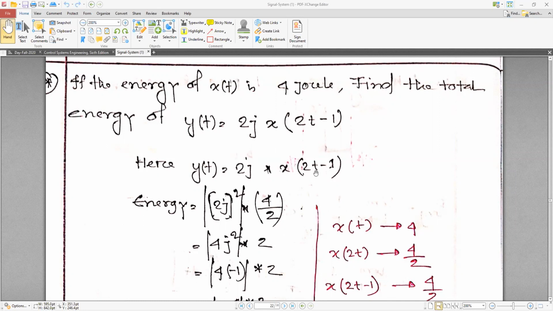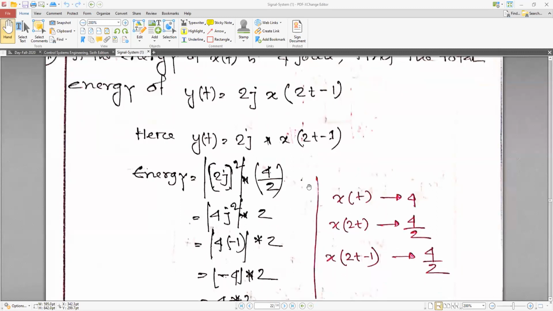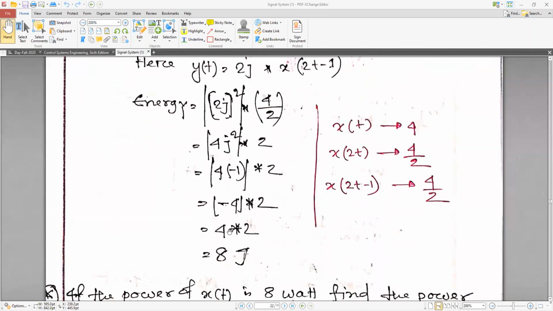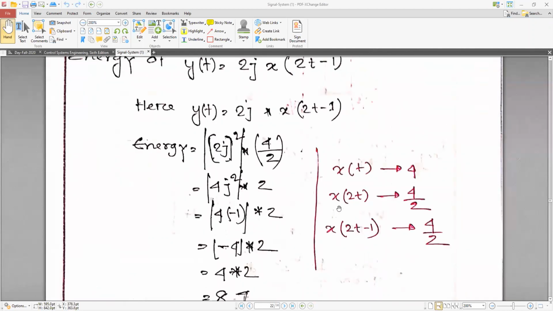2j into x into 2t, into 4 by 2, it would be 4j square, 4 minus 1. Say x is equal to 4, x of 2t, 4 by 2, x of 2t minus 1, 4 by 2. Okay, so x of 2t,